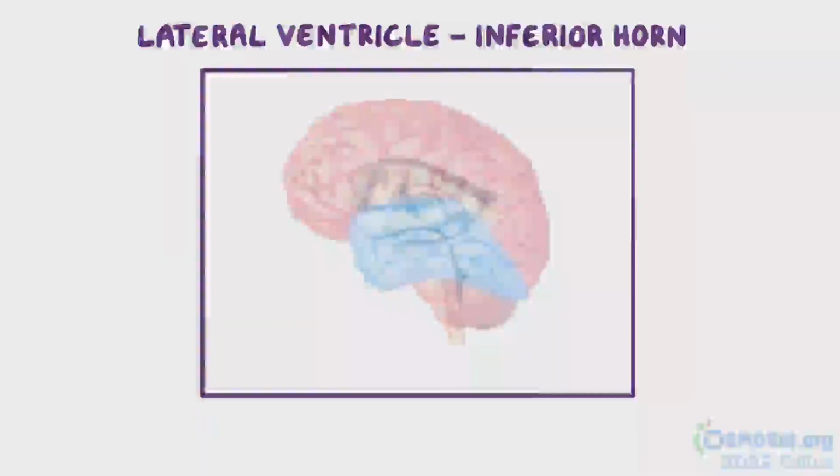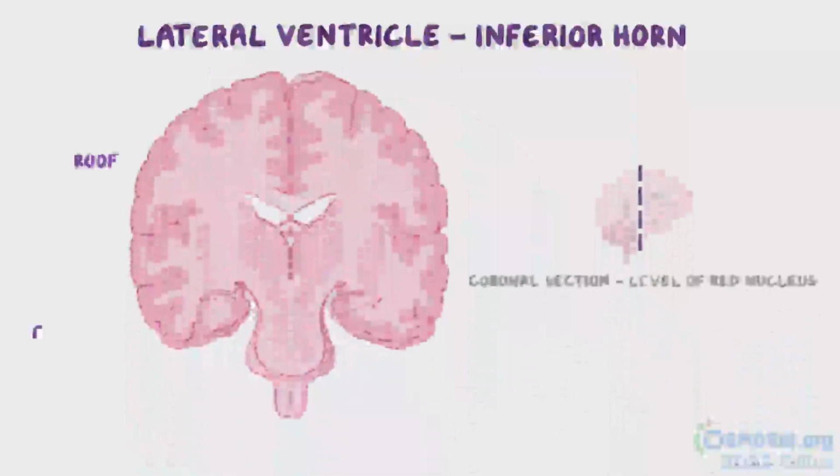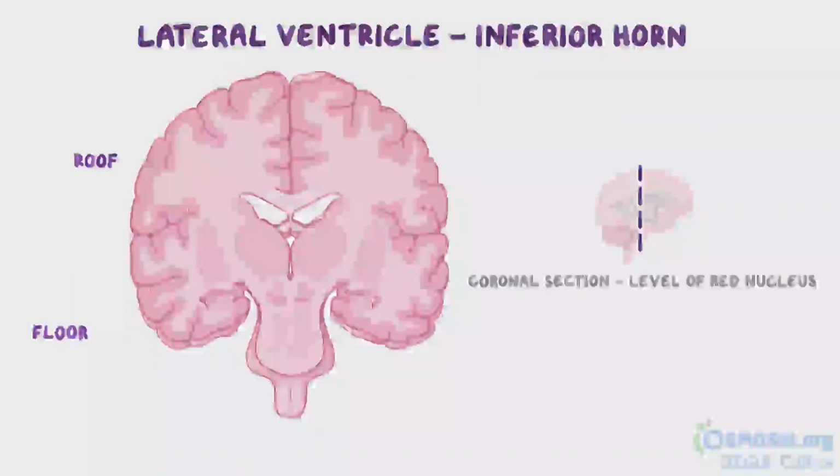Finally, the inferior horn continues from the body inferiorly, and then rostrally extending into the temporal lobe. This horn also has a roof and a floor, both of which are visible on a coronal section. The roof is formed by the tapetum, spreading laterally from the corpus callosum. On the medial and superior aspect, there's the tail of the caudate